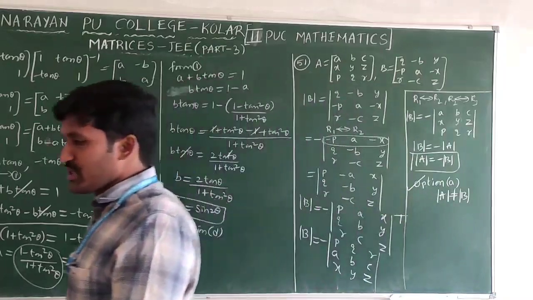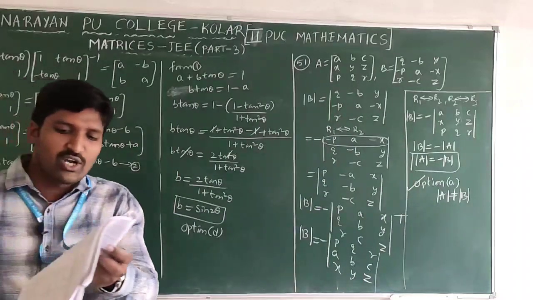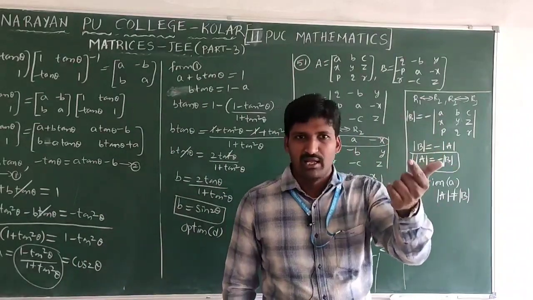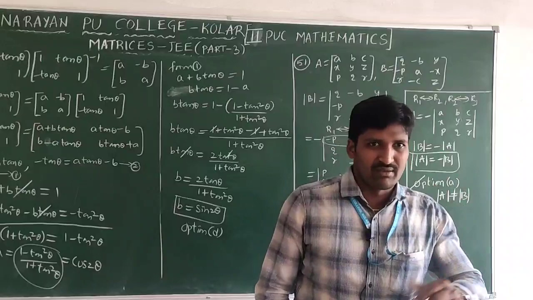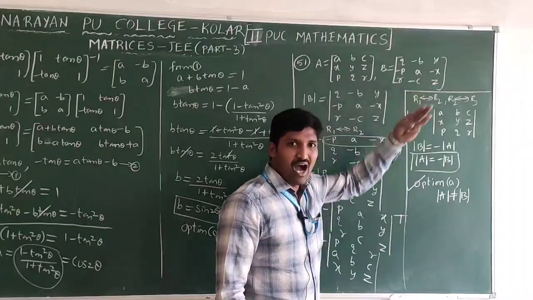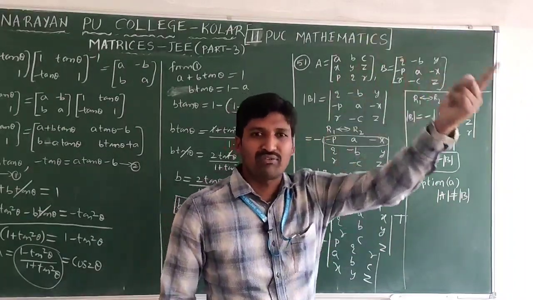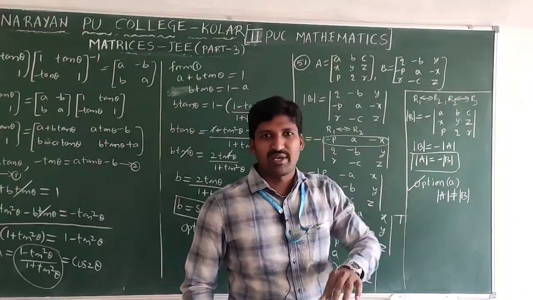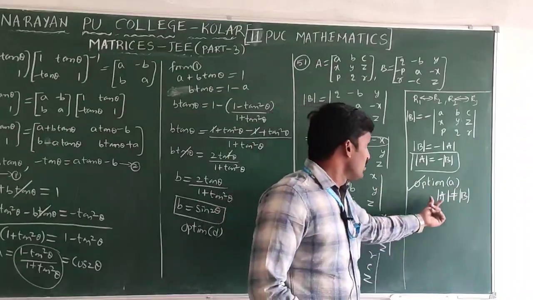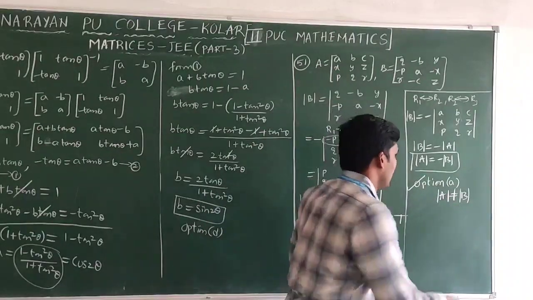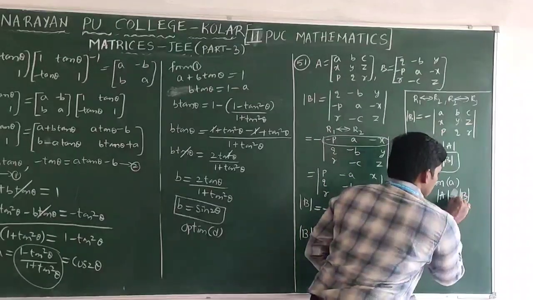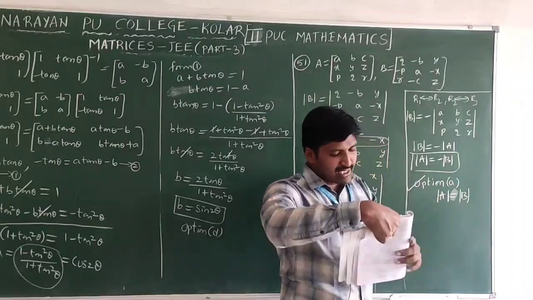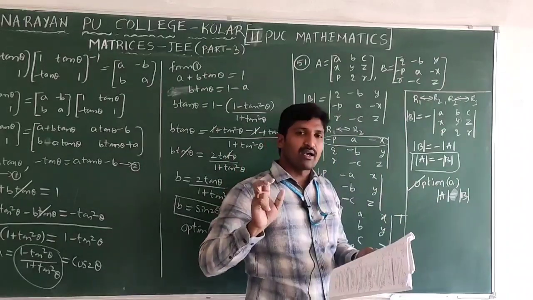If you check the third option also, what is given in the third option? Det of adjoint A equal to det of adjoint B. If I apply the determinant for det of adjoint A, we have a formula: det A whole power n minus 1, where n is the order of these two matrices. Order 3 means det A whole square will come, and det B whole square will come. The squares of negatives also become positive. That's why the third option is also correct. Option A is wrong because of what they gave: det A equal to det B. That's why option A is not true. Remaining all are correct.